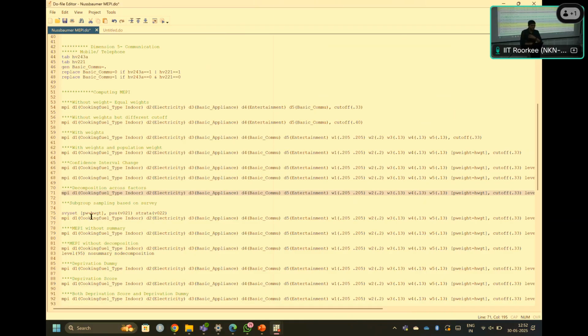SVY set, once it is given, then it will actually pick up the sample data, not the entire data for your calculation, and give you the robust analysis. So SVY set is very useful. Those who are working at a very micro level, the SVY set command should be utilized. This is what we have mentioned here. Is it okay? It's a subsample level.